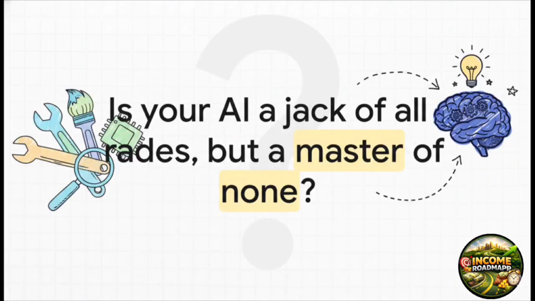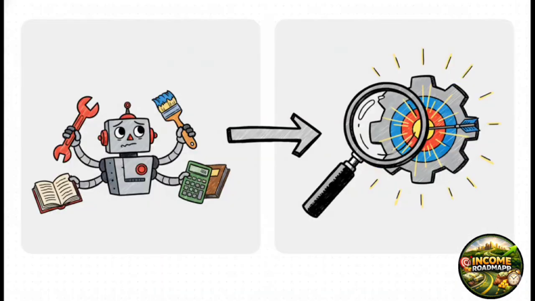So, have you ever used ChatGPT and felt like, while it's super useful, the answers can be a little generic? It's the classic jack of all trades, master of none problem, right? It's a really common feeling. You've got this powerful generalist, but what you really need is a specialist. Well, this is exactly the problem that OpenAI is trying to solve with custom GPTs. The whole idea is to move away from that broad, general model and into something that's laser-focused and custom-built by you for you. You stop being just a user of a tool and become the creator of a tool